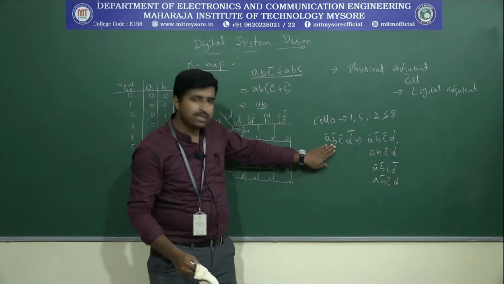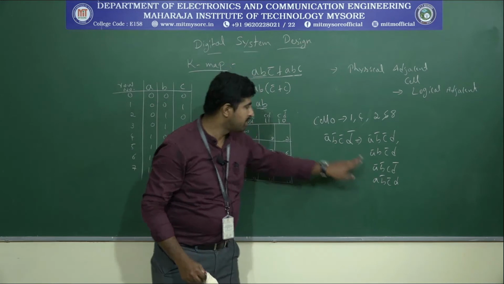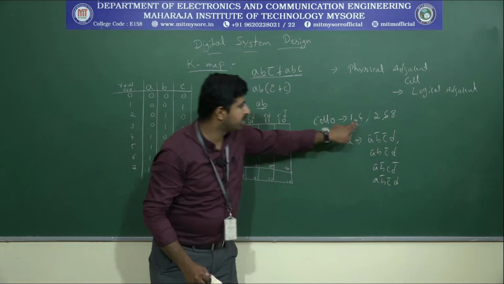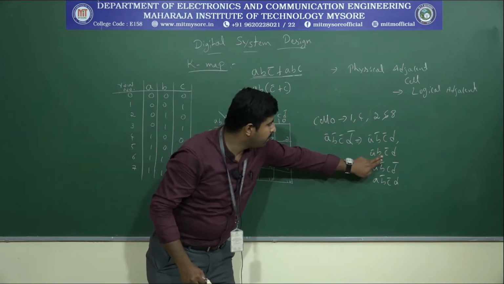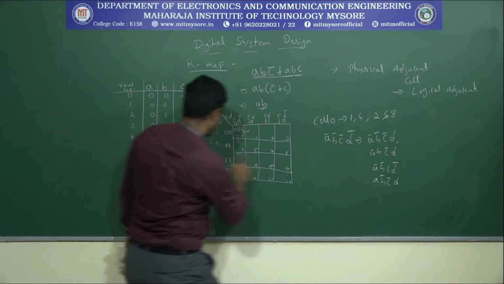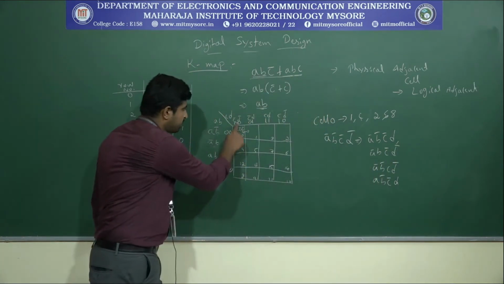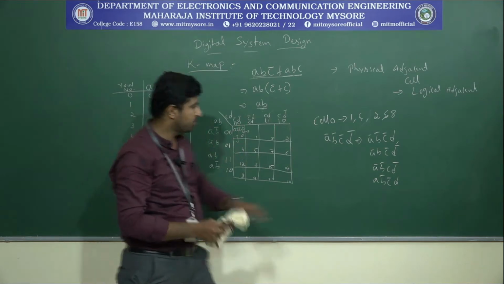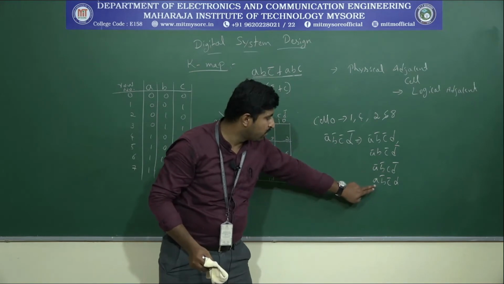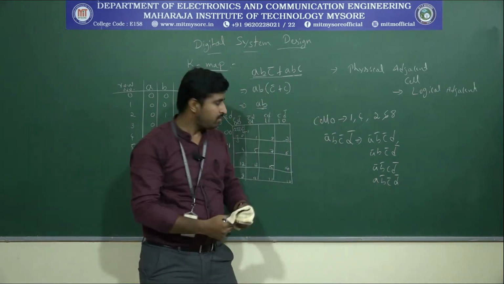Now, if you see these min terms, within them only one variable is going to be changed. That means here, see A bar, B bar, C bar, D bar and D is there, only one change. That corresponds to cell number 1. Sorry, somewhere I have written 4 wrong actually. A bar, B, C bar, D bar. So again, only B is different. Here only C is different. Here only A is different.